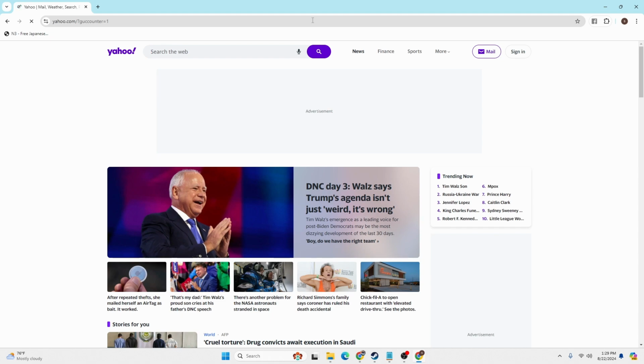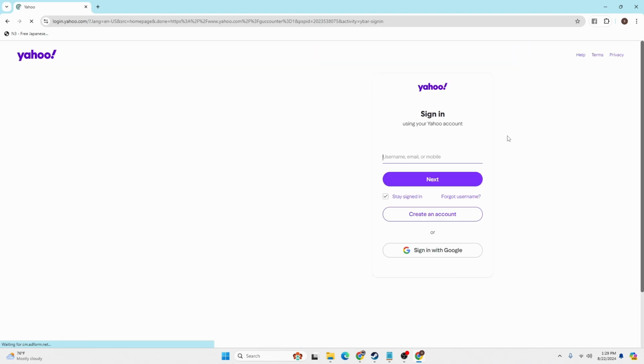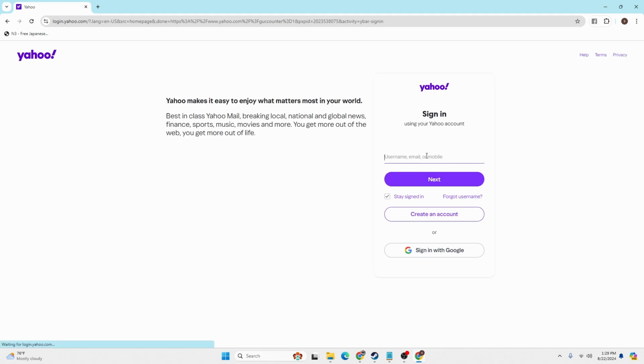Now, in order to log into a Yahoo account, at the top right corner of the screen on this interface, you can see there's a sign in button available for us over here just beside the mail. At the top right corner, click on the sign in button over here, and then you'll be redirected to your login page of Yahoo account over here, where you'll be required to enter